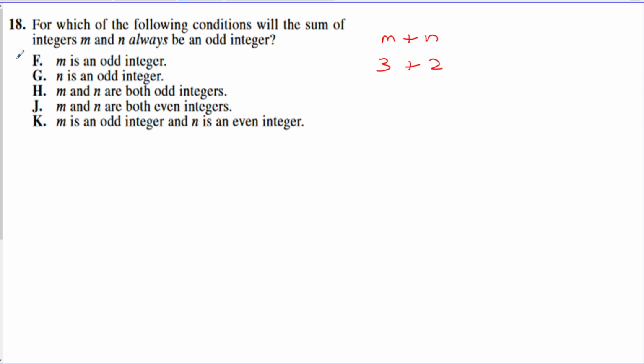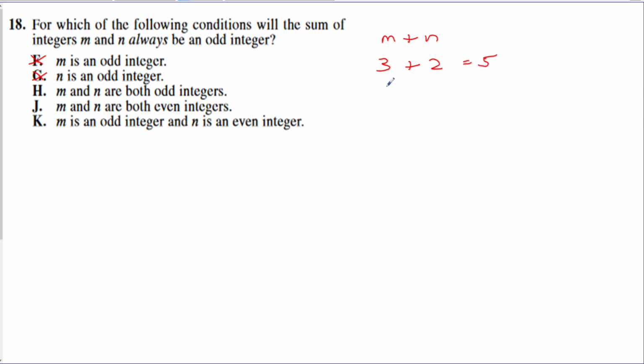That's not an odd integer. So m can't be odd by itself, and for the same reason, n can't be odd by itself, okay? So now the question is, can I have them both be odd or both be even? Well, let's try. Right now I have m as being odd and n as being even, and I'm getting